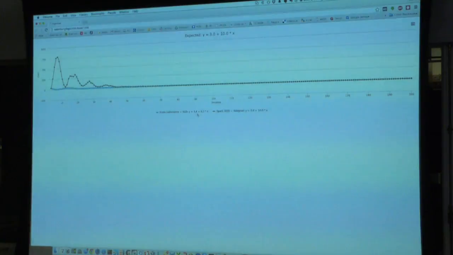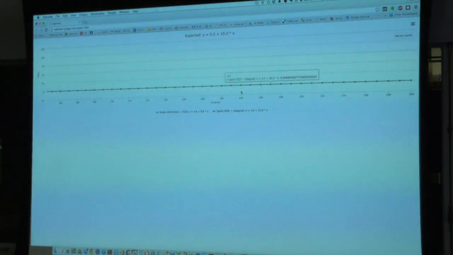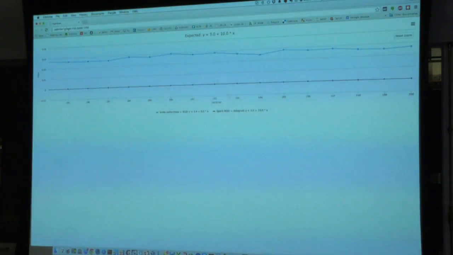For SGD, I got 3.4 and 9.2 because SGD tends to converge very slowly, even with momentum. Adagrad converged much faster, and in fact, it got the right result already. But the interesting thing is that Adagrad was extremely unstable at the beginning, while SGD had very small errors. But as time went by, Adagrad actually won. And this is actually why I really like plotting stuff, because if I look at 10,000 iterations and I have to look at all these numbers, I don't really know what's going on. But here I can actually see this. And this is another reason to use notebooks as well, which have very good plotting.